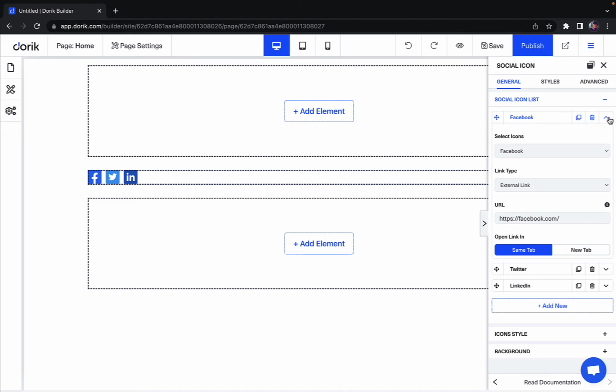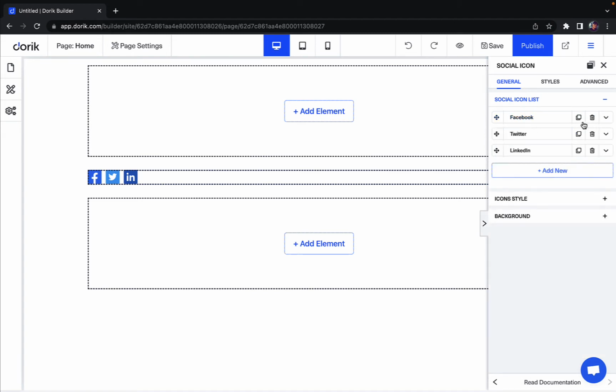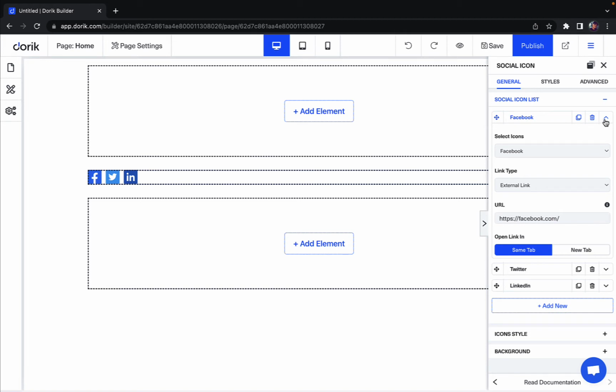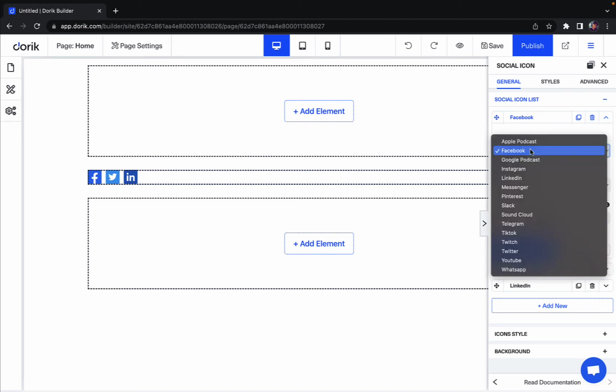So here I am first on Facebook. If I drop down this, I can change the icon if I want. There are a lot of icons. You can change it to Apple Podcasts, Google Podcasts, Instagram, Messenger, Pinterest, all the way to WhatsApp. It can be anything. So let's change it to